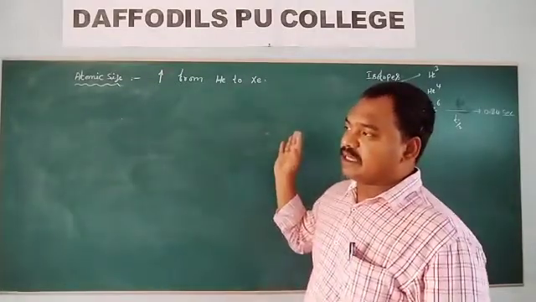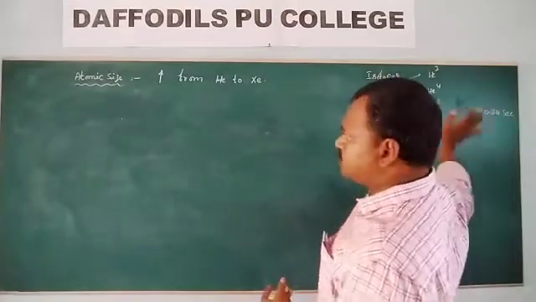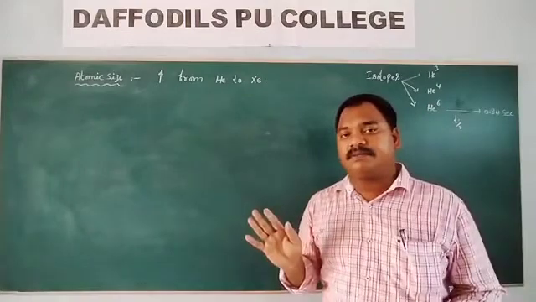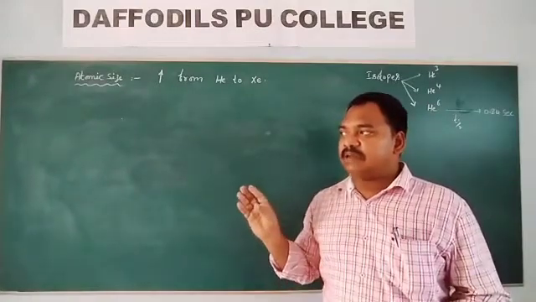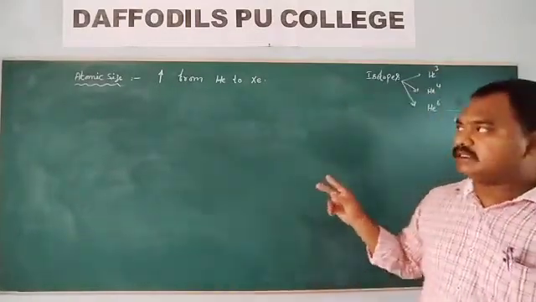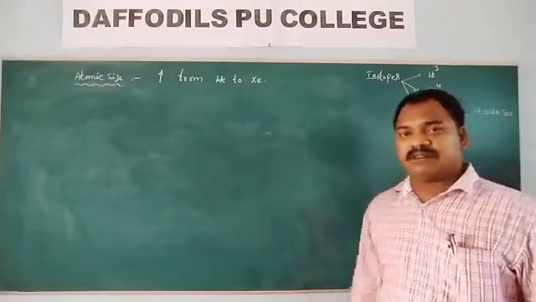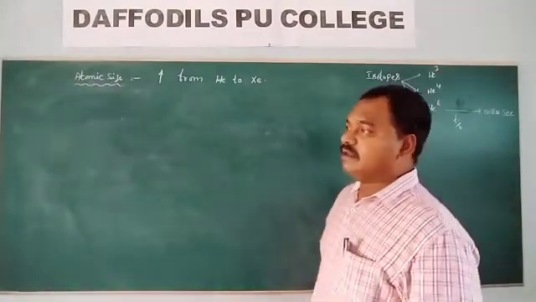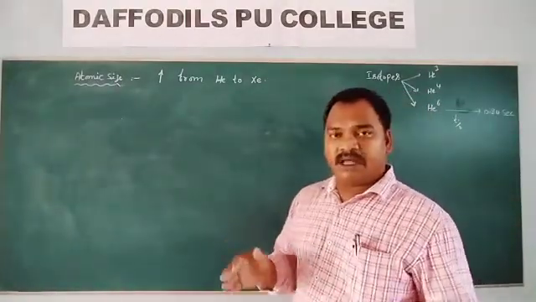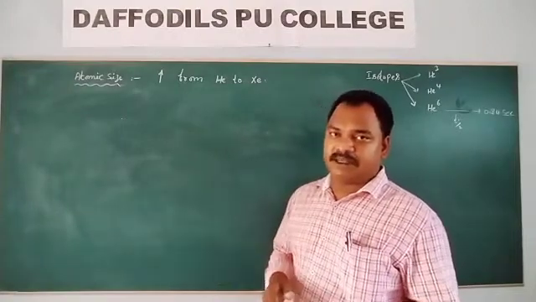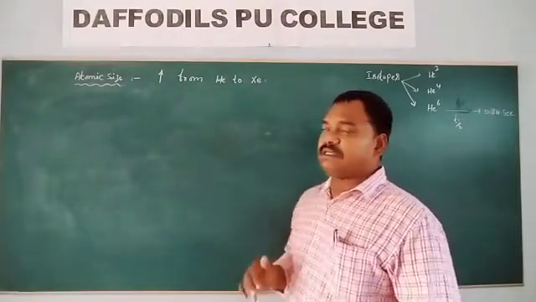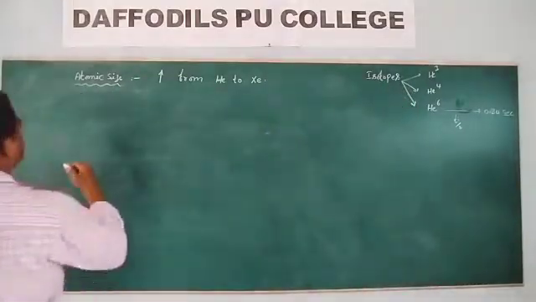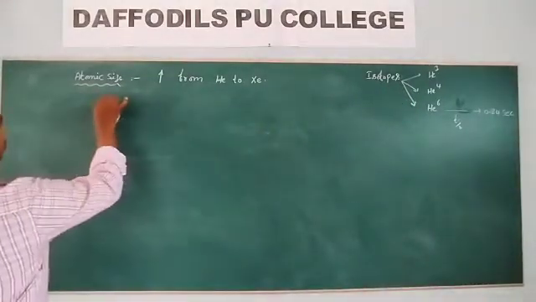The zero group elements are present at the extreme right side of the periodic table. So what you are expecting is that the element with the lowest atomic size in a period is the zero group element. That is your expectation, but the real story is different. When compared with the atomic size of seventh A group elements, zero group elements have more atomic size.